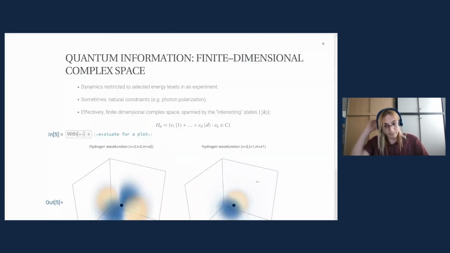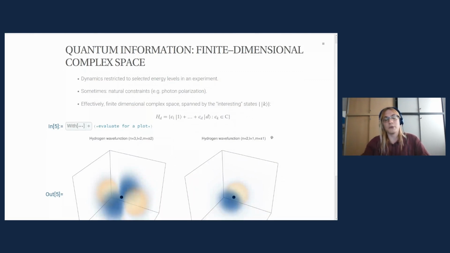Some of you perhaps remember the Schrödinger equation. It's essentially a wave equation which describes the movement, the evolution of an electron in a central field, like in a hydrogen atom. And the space on which the Schrödinger equation works is essentially infinite dimensional. If we have two solutions, we could add them together. If we have three solutions, we could add them together and the result would still be a solution. But in principle, we could add an infinite number of solutions and the result would still describe a movement of